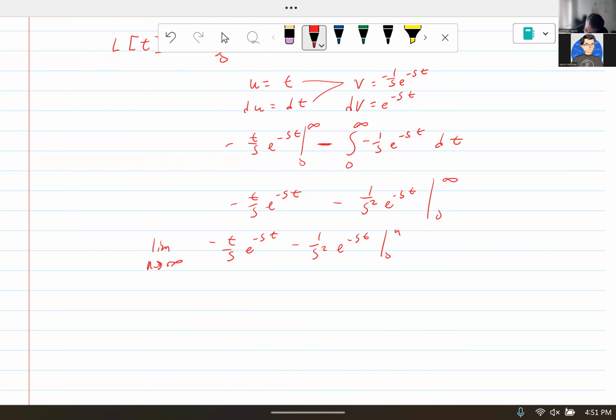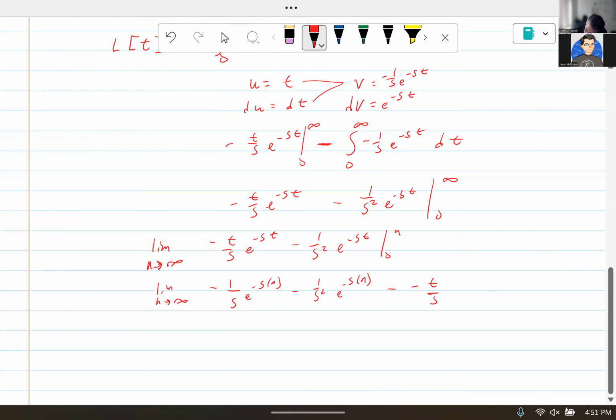Let's plug in our n's and zeros. So the limit as n goes to infinity of negative n over s e to the negative sn minus 1 over s squared e to the negative sn, minus